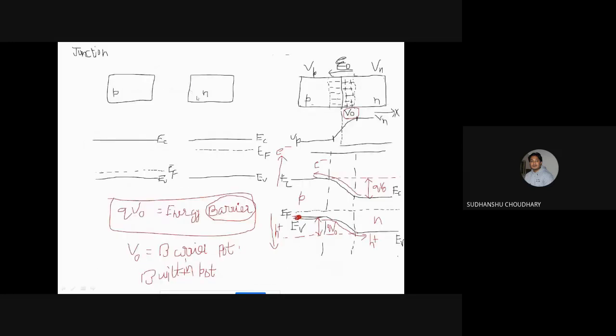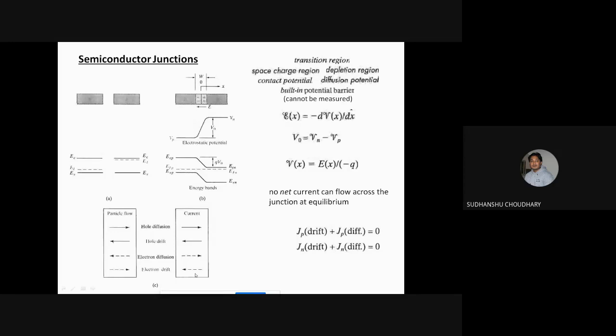So E was, let me write over here, E was dV by dx. Okay. So that is why it is, E was dV by dx, right? Electric field exists, so that means there should be a gradient. Okay. Now that gradient is this. Let us continue from here. Maybe I'll come back to this picture. This gives you a more clear view.